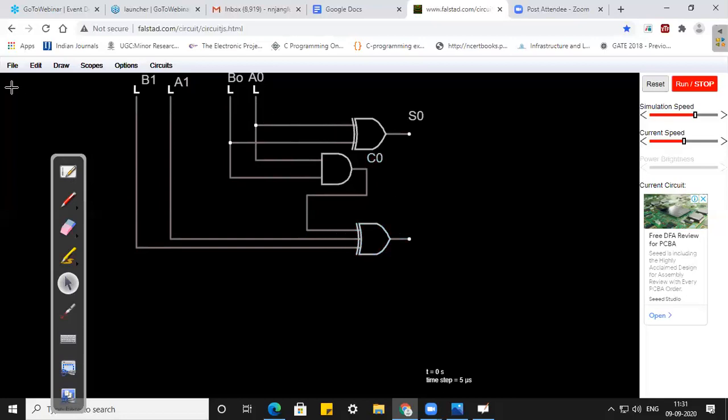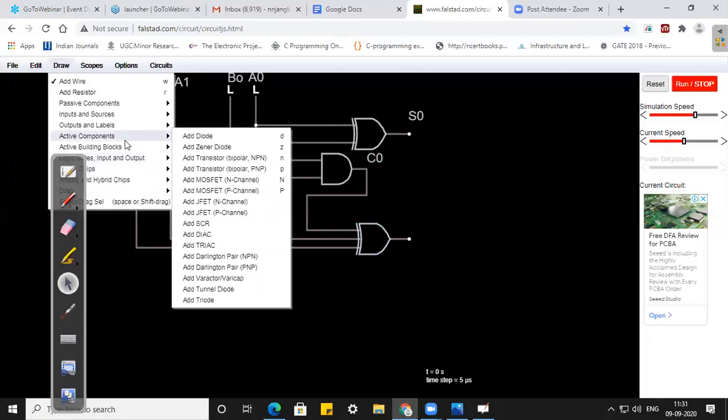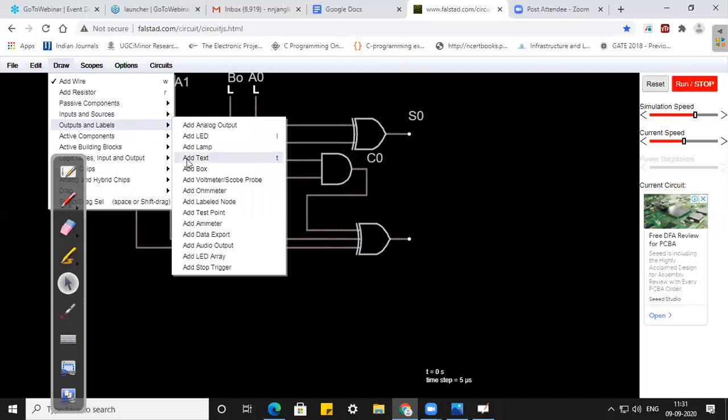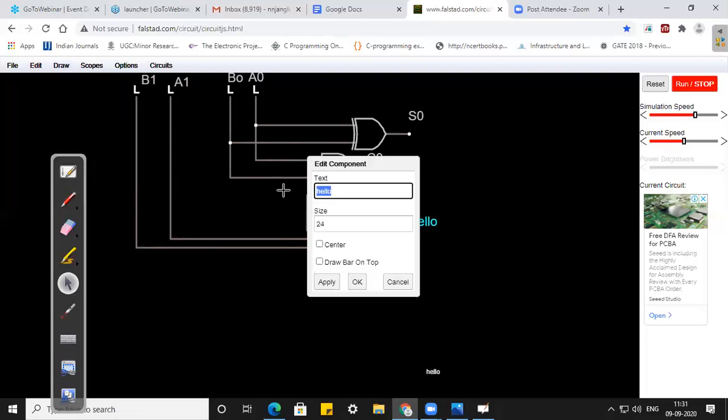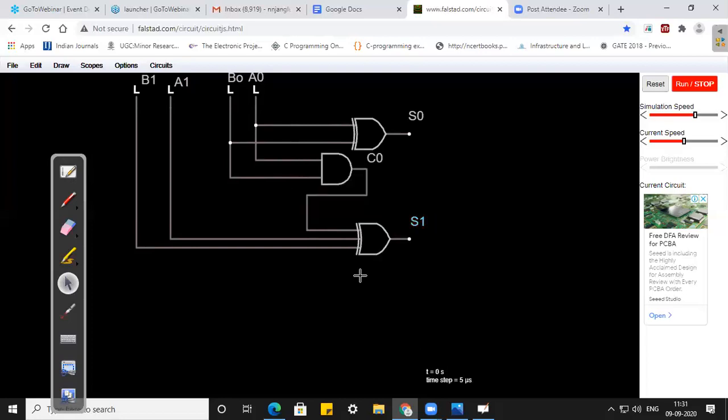Now what is this? This is my next addition, that is my sum S1. So I will label it S1. Now from this addition I will again get a carry, and that carry is my C1.